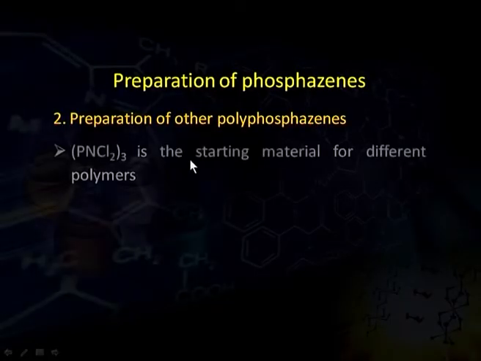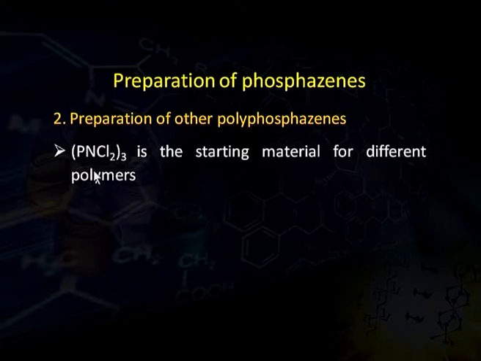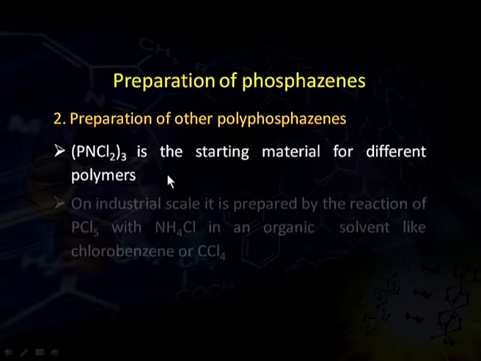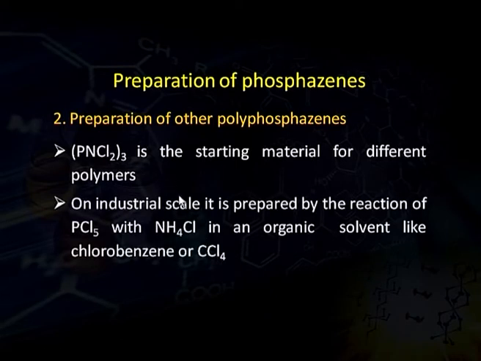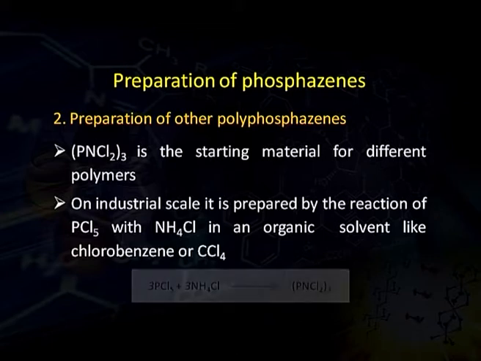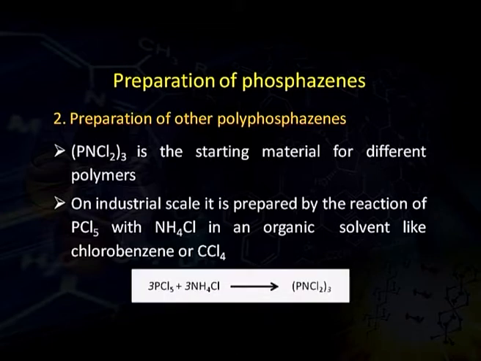Now, the second type of phosphazines and their method of preparation. First is PnCl2 whole thrice, that is a trimer. It is a starting material for different polymers. On industrial scale, it is prepared by reaction of phosphorus pentahalide with ammonium chloride in an organic solvent like chlorobenzene or carbon tetrachloride. So, PCl5, when it is reacted with NH4Cl, ammonium chloride, we obtain PnCl2 whole thrice,